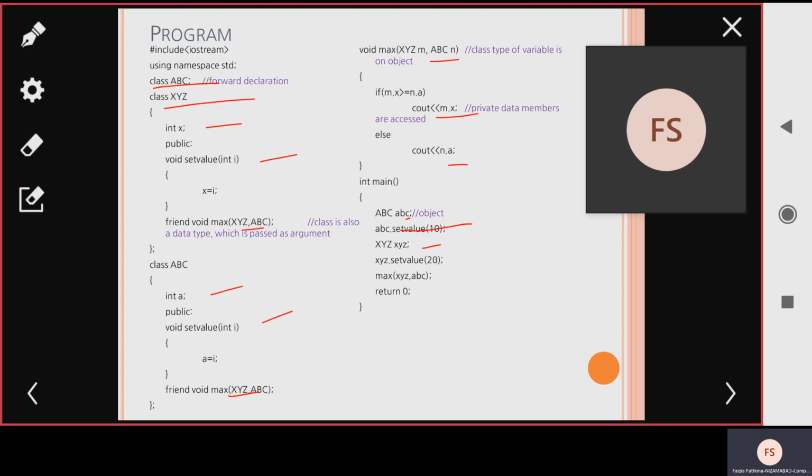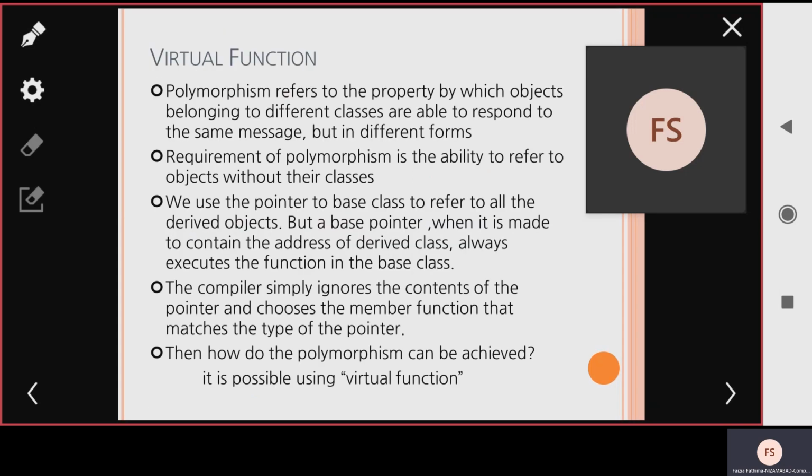M dot X means 10 is greater than or equal to N dot A, which is 20. So 10 is greater than or equal to 20 will be false. So the else part will be executed, N dot A, which means the 20 value will be given as output for this program. Okay, next one. So here you are having virtual function.